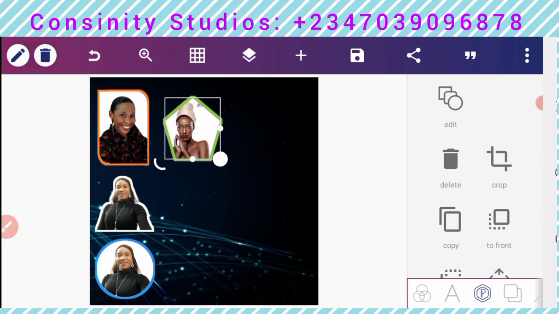Pixellab does not actually have already made templates for frames like Canva. So here you do it the way you want it, and then you get what you've done. So go on now to practice and